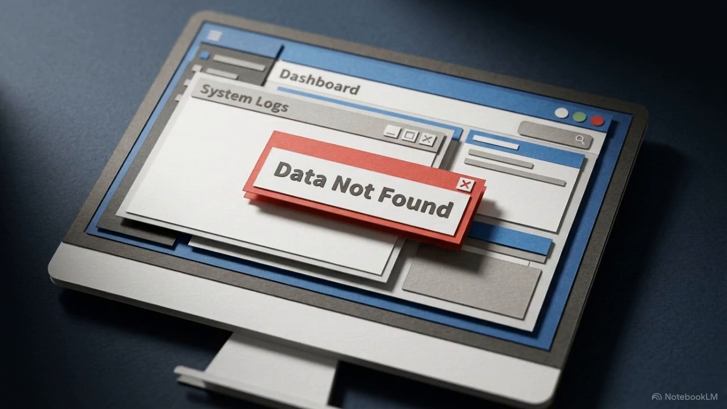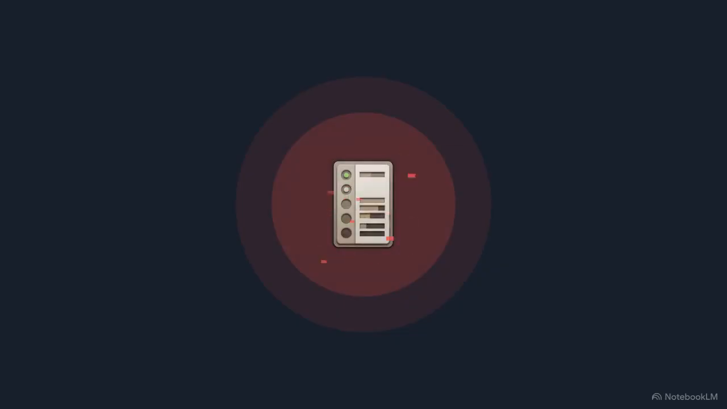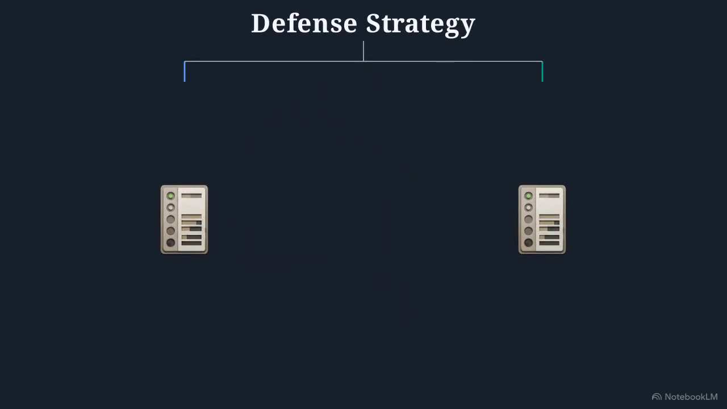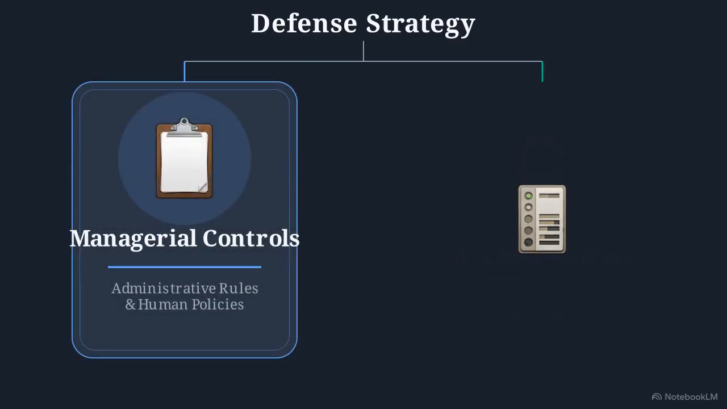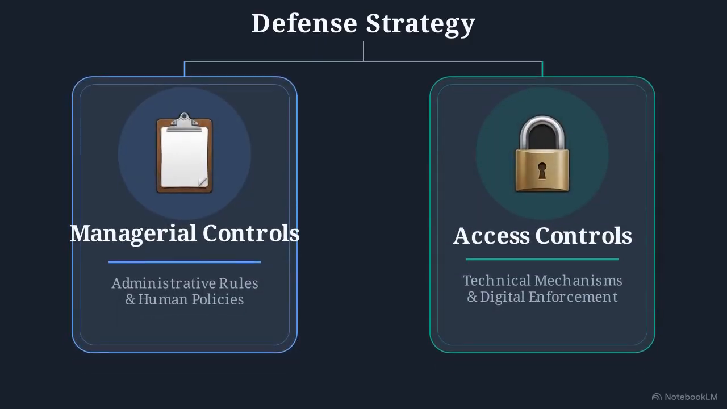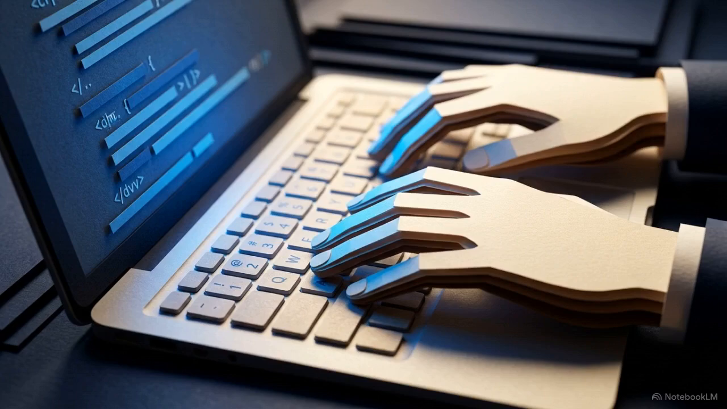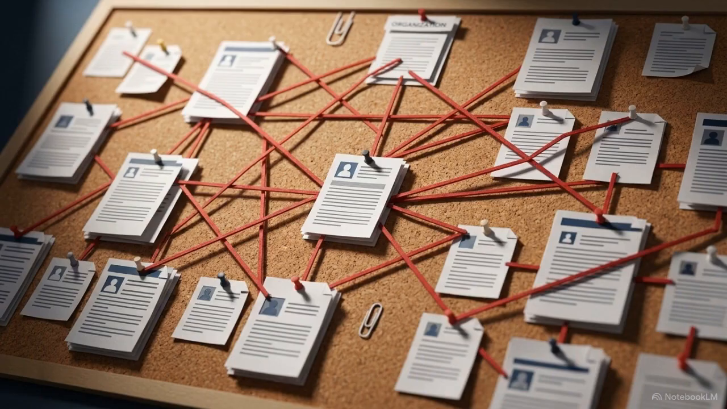attacker after the fact. Fixing EduShare requires a two-pronged defense strategy, dividing the security plan into two distinct categories: managerial controls and access controls. Securing a system requires establishing human policy and the rules of engagement before writing a single line of security code. Managerial controls are the written rules, policies, and guidelines that dictate how users interact with systems